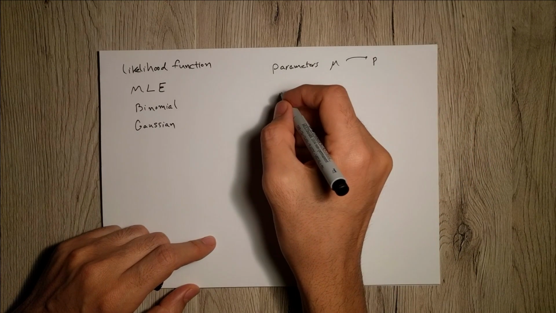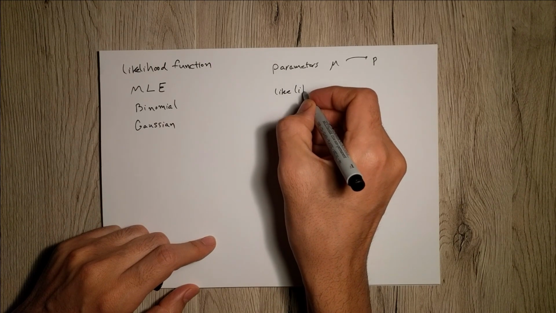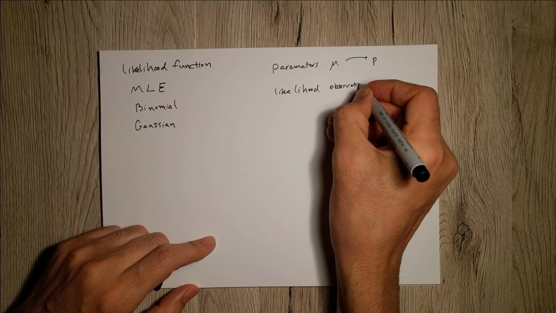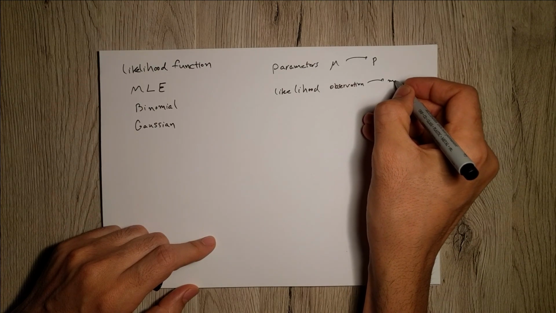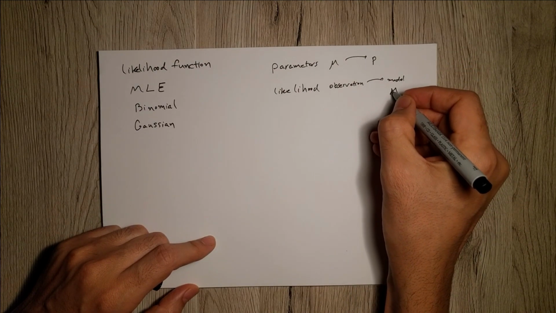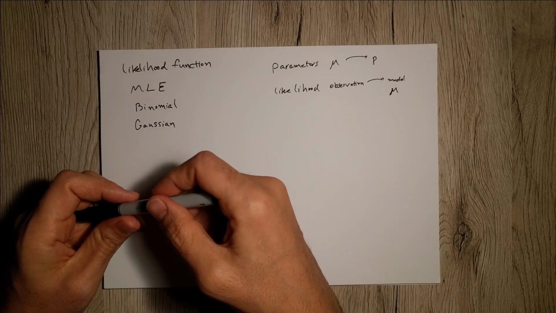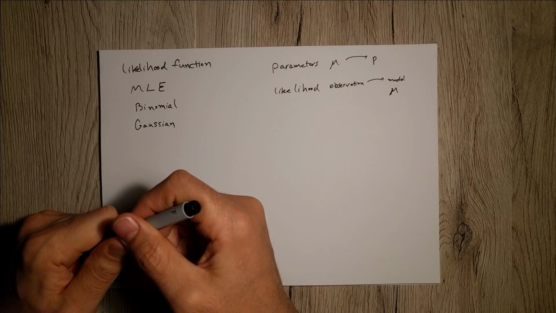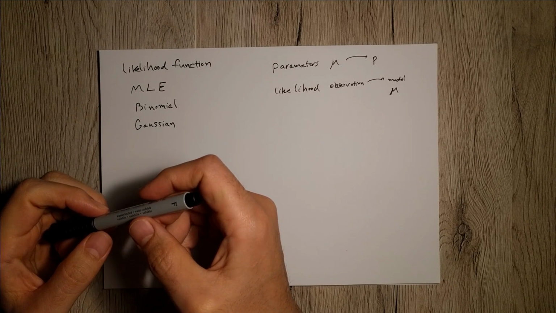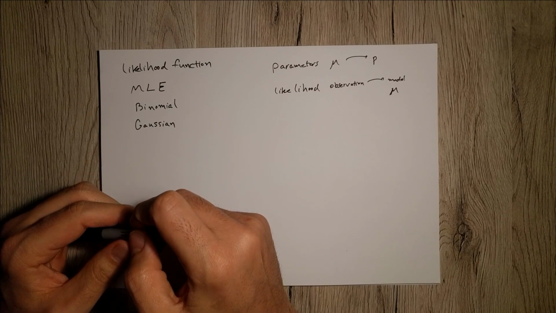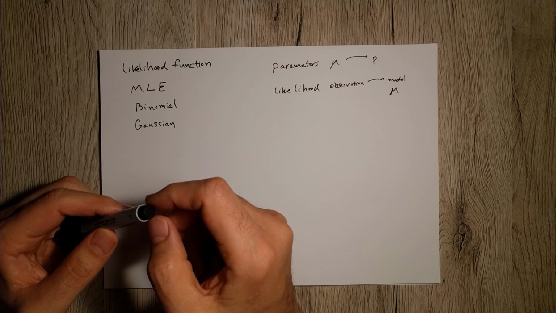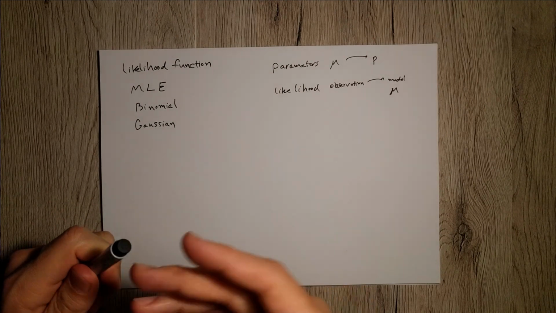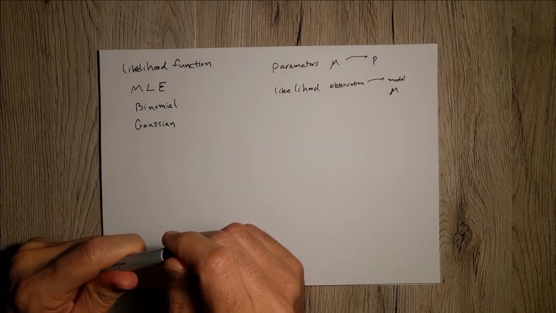but in the likelihood we have the observations, and we are looking for a model, the parameters, the mu, for instance. What was the mu that has given us such observations? For instance, you throw a coin and you see you're getting more tails than heads, so you became suspicious it's not a fair coin, and you'd like to know the probability of head and tails. You know that it's not 50-50%, so what is the probability of head and what is the probability of tails